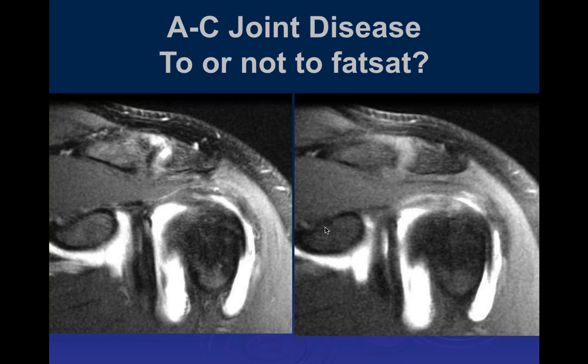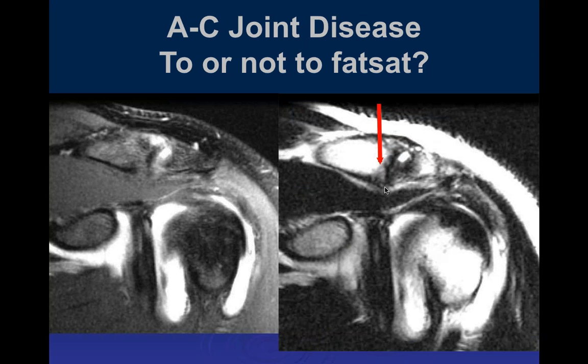Here's a case where we can see coronal images on the PD fat sat, and we can see a little bit of fluid in the acromioclavicular joint space, maybe a little bit of degenerative disease. But then if we go to the T2 weighted image, we can see that there are hypertrophic changes here,